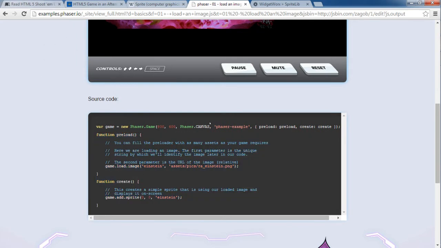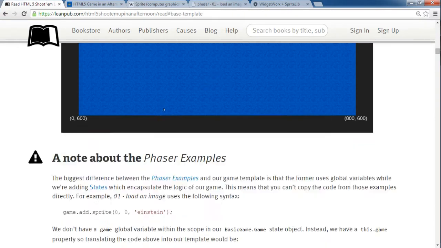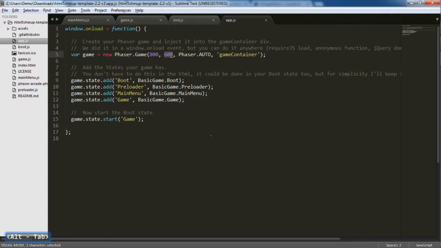But for our case, we do it differently. Our style is in the template. This is more modular. Instead of adding the actual object that would define the game loop functions, which we will discuss a bit later,